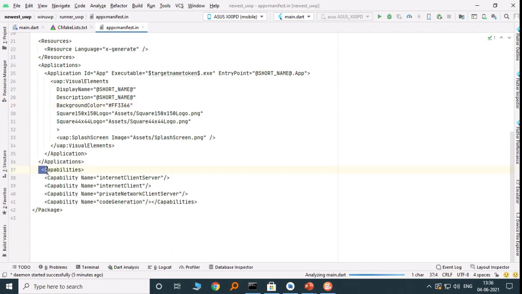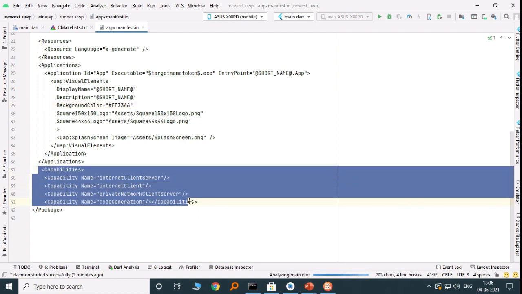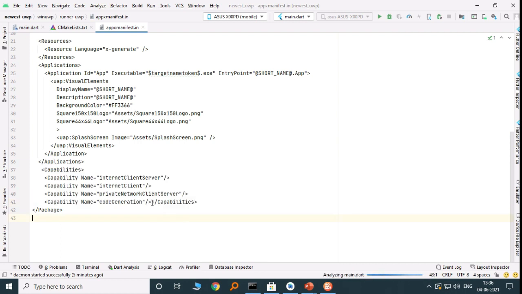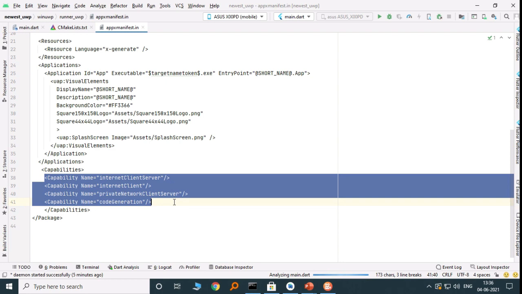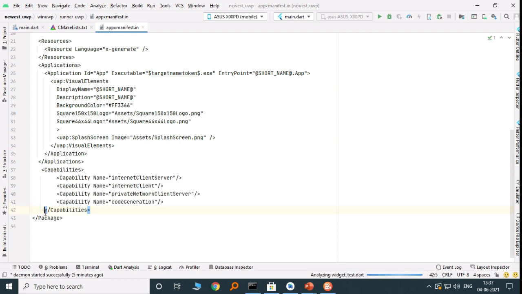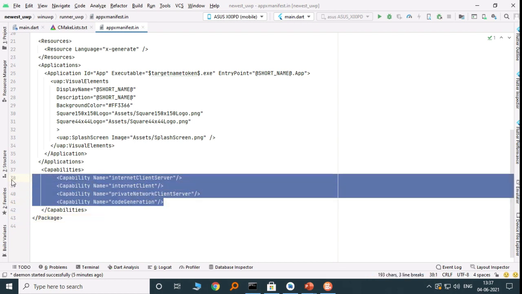After that, here you can see in the 37th line to 41st line the capabilities section. I am hitting enter and putting a tab over it, so that we can see that these are the capabilities. Capabilities are nothing but similar to permissions in Android. If we wish to request microphone access, camera access, VoIP access, IP address access, or some system related functionality, then we need to declare the capabilities in Windows 10 Flutter UWP applications.